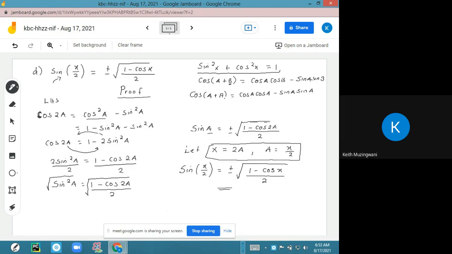Okay, let me attend to those who are lost from the beginning. So when you see a half angle identity, we have two of them. No, we have 6 of them. There's one for tan, for cos, for sec, for cosec, for cot. The first thing that you do is to remember this identity here. That's our first thing to do. Once you recall this identity,